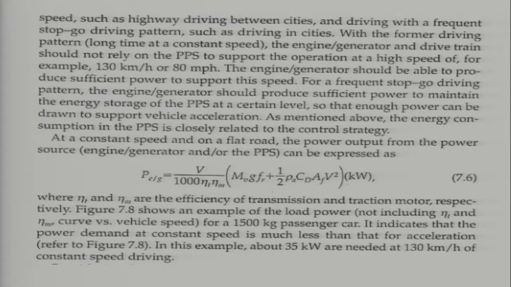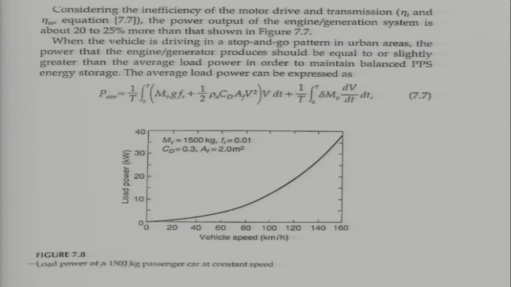So in this example, about 35 kilowatts are needed at 130 km per hour of constant speed drive. So here this is a constant speed drive of the mechanism, and